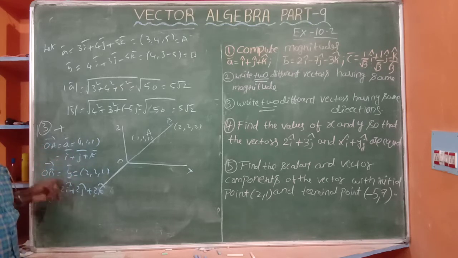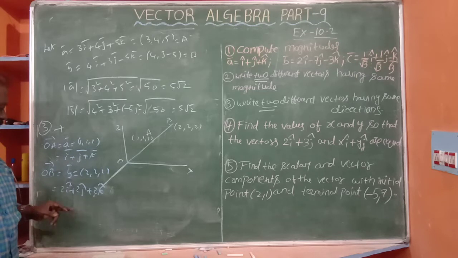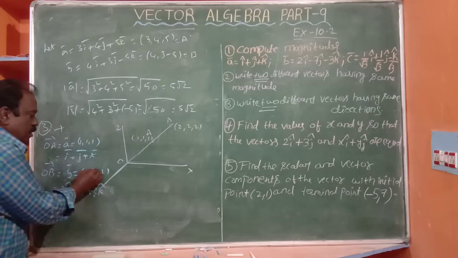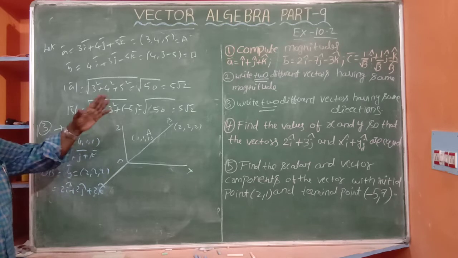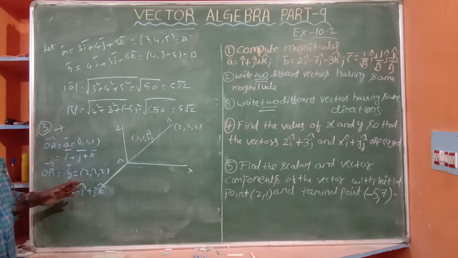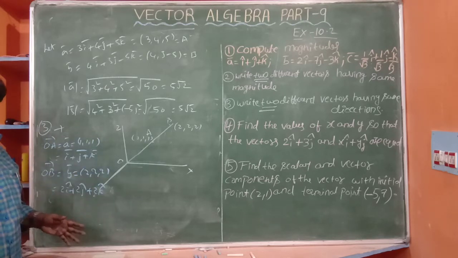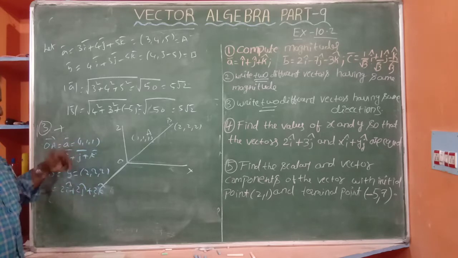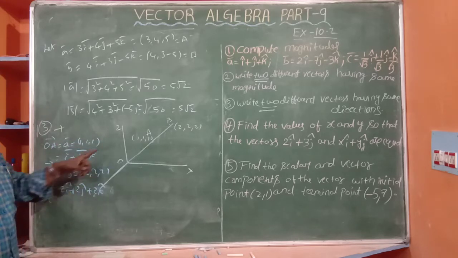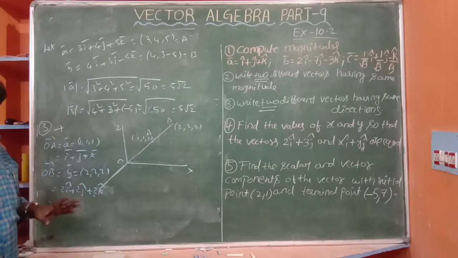Position vectors are i plus j plus k, and for B bar it is 2i plus 2j plus 2k, with different magnitudes. But the direction is the same. How can you say same direction? The DRs 1, 1, 1, 2, 2, 2, 3, 3, 3 are the same. Direction cosines, direction ratios are the same. Not only 3 comma 3 comma 3, like that.